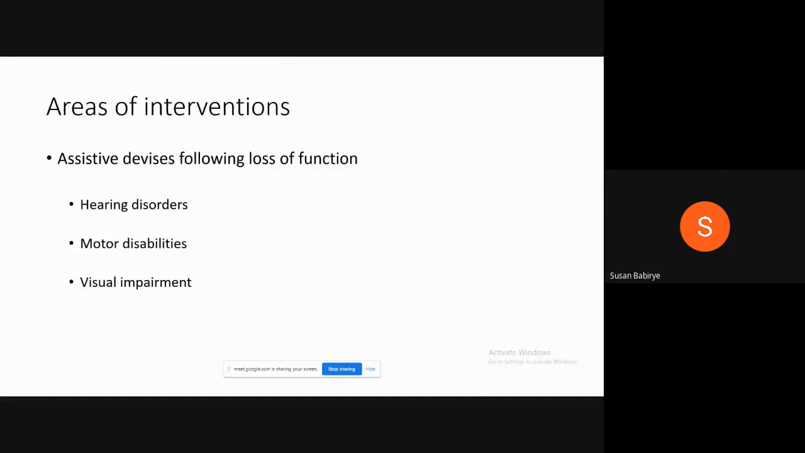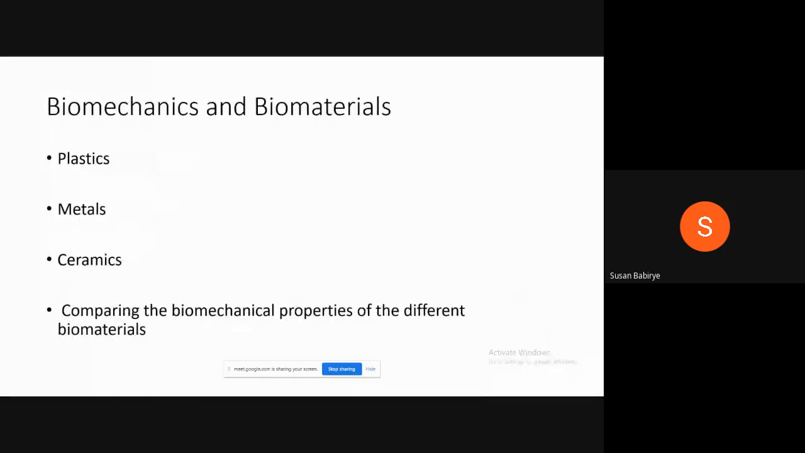You can work on assistive technologies or devices, for those who have hearing loss or disorders, motor disabilities, or visual impairment. If somebody has lost the ability to hear but can see, can we develop the sense used for vision to replace the lost hearing sense? We can look at areas of